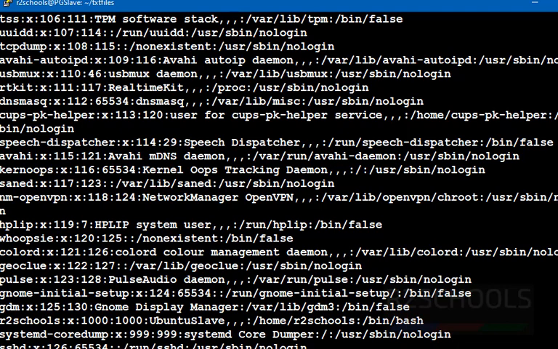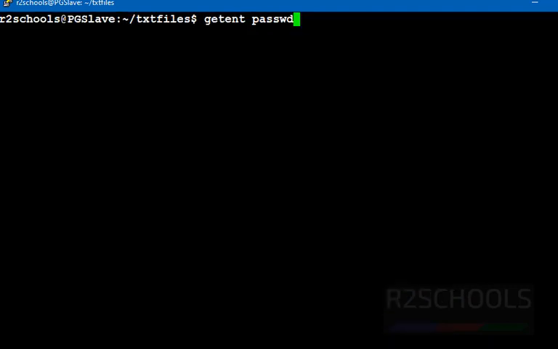Suppose I want to get only the username, then use the cut command with this, then filter: cut -d, delimiter type is colon and field is the first one.